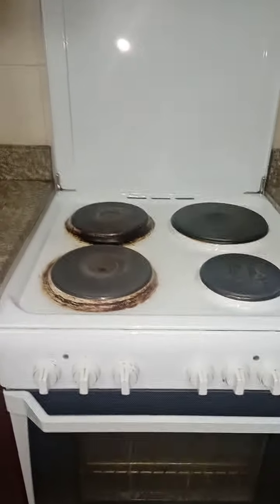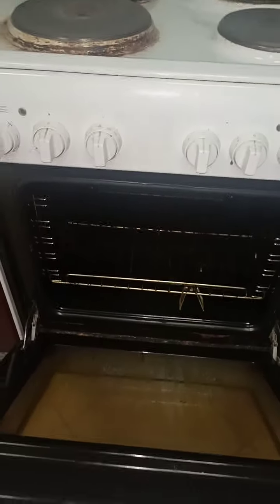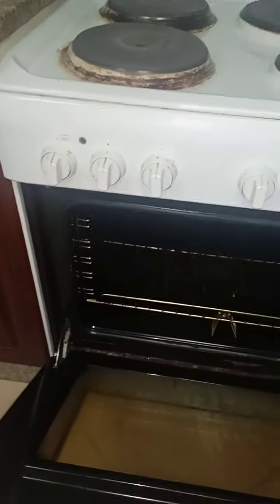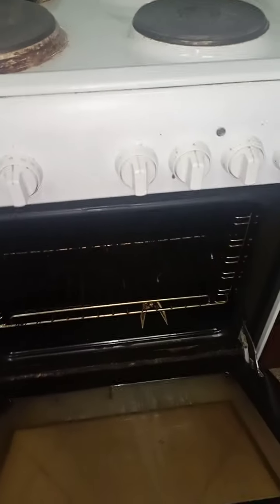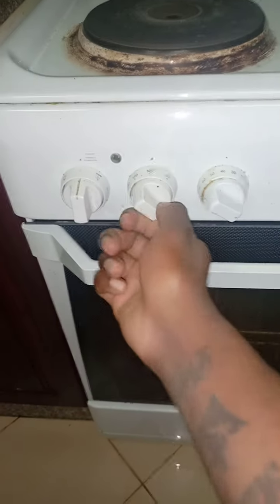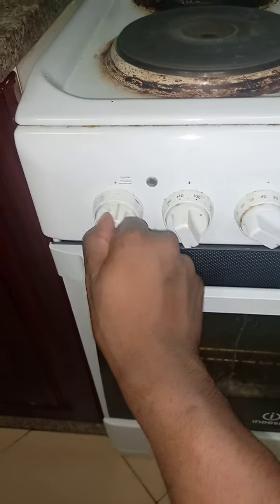So these things, and inside there is an oven as well. So if you want to bake anything, you can operate from here. You can just turn on which cooking method you want to use, like roasting, steam roasting, or steam. So it depends on you. For example, I want to show you, I'm just turning on this one, for example 100 degrees, and